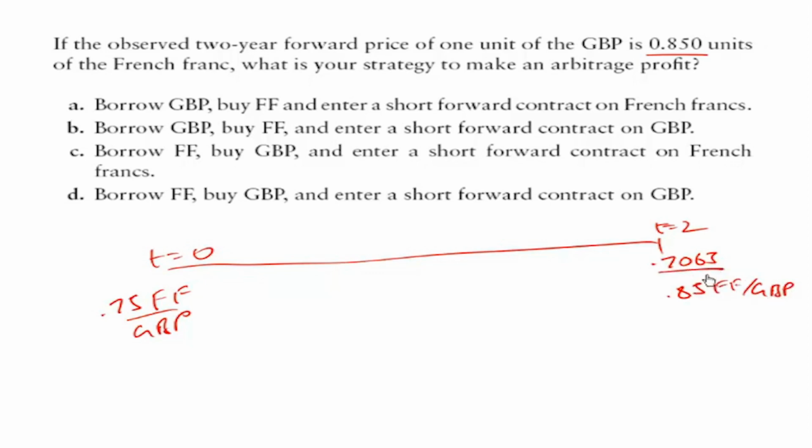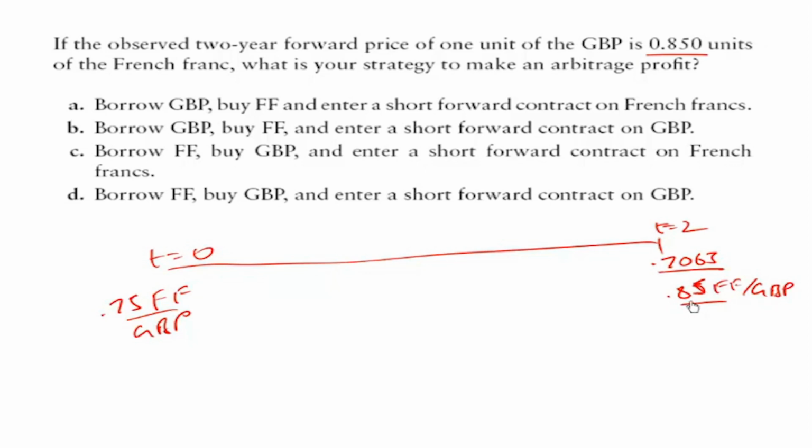This was the no arbitrage price. This is the actual observed price. In such a scenario, do we see an arbitrage opportunity? So remember the example of the potatoes, where we bought the potatoes in New York and sold them in New Jersey and captured the arbitrage. That is, buy cheap and sell expensive. So the first thing in capturing an arbitrage opportunity is to identify something as cheap and to identify something else as expensive.